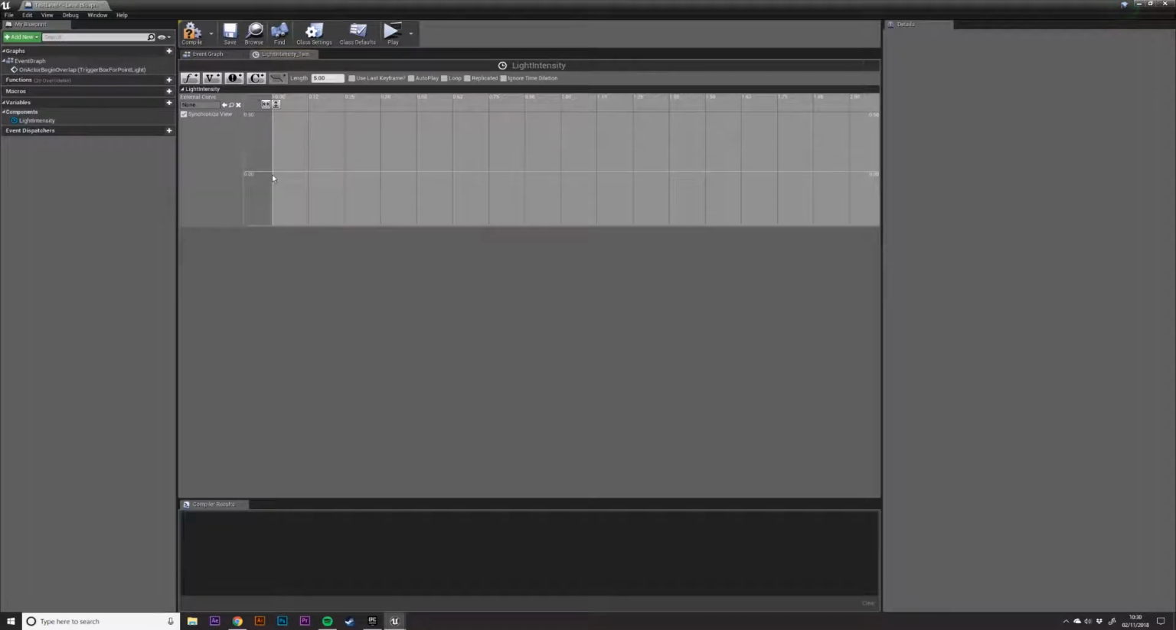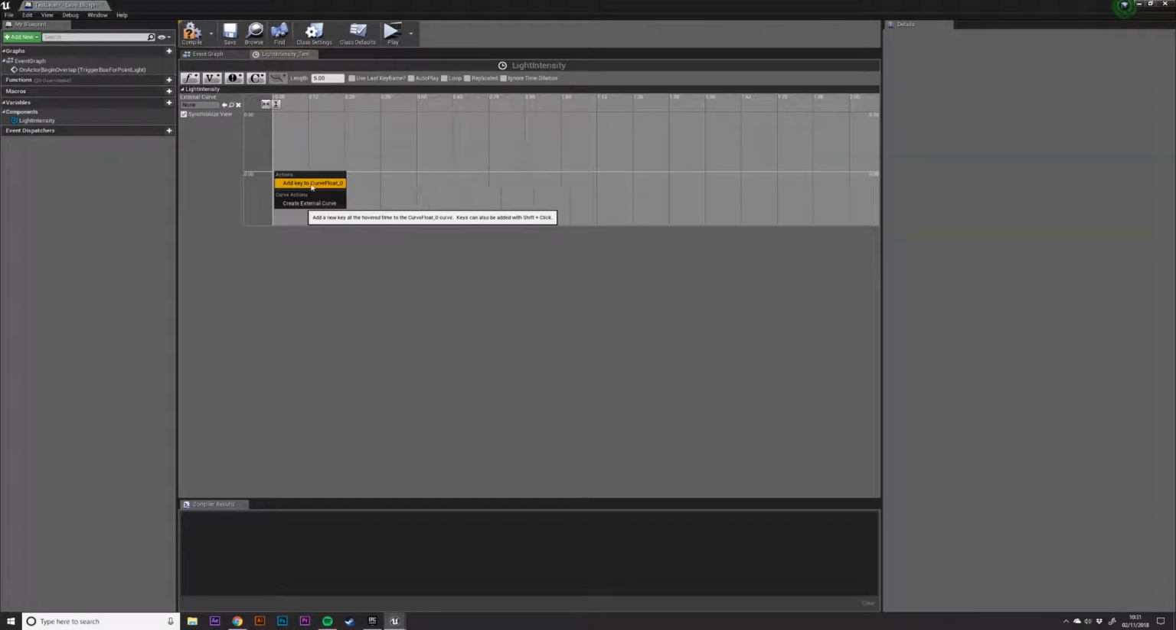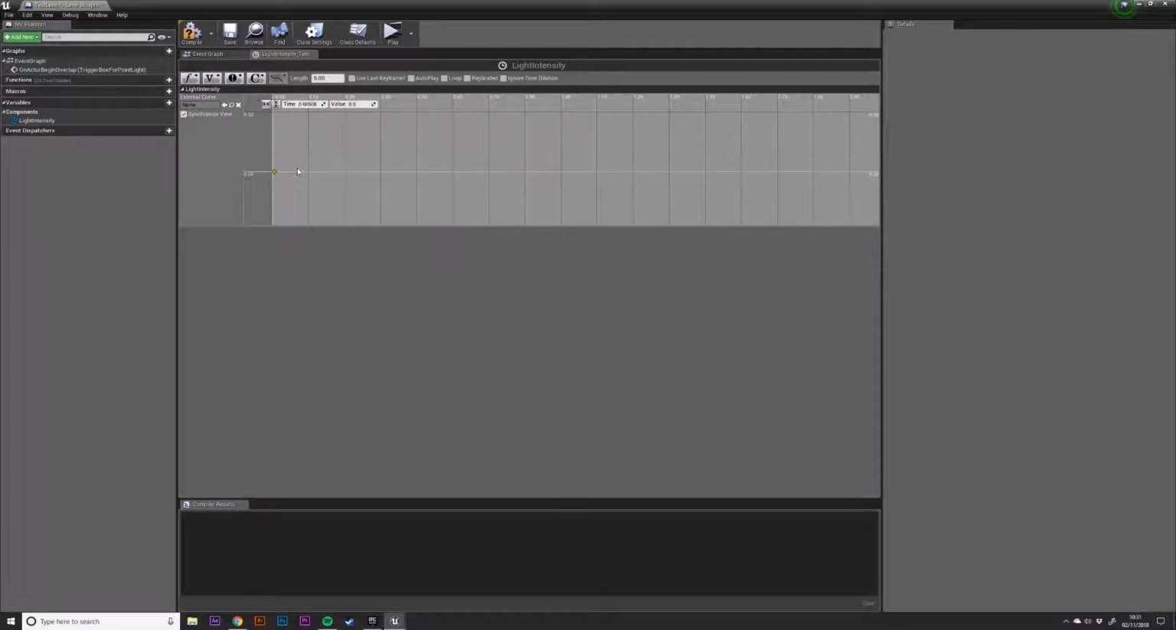Now I want the light to fade on over time, so I need to set a key at 0 and 0. We want it to start at 0 seconds with a value of 0, to be fully off. So let's right click around about the 0 mark here, and we'll do add key to curve float 0. In the time we'll need to reset this, since it's not quite at 0, so let's type 0 and tap